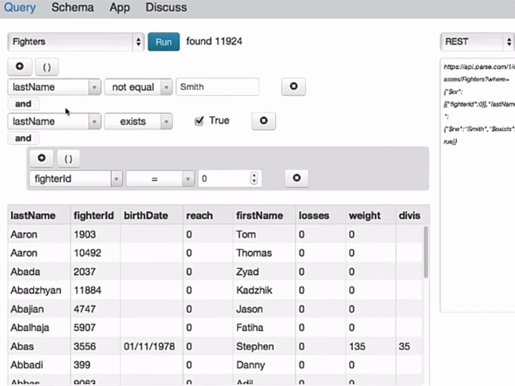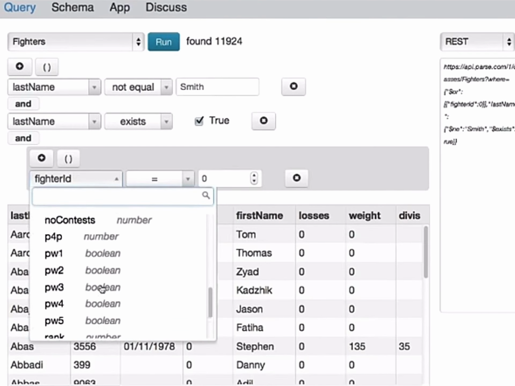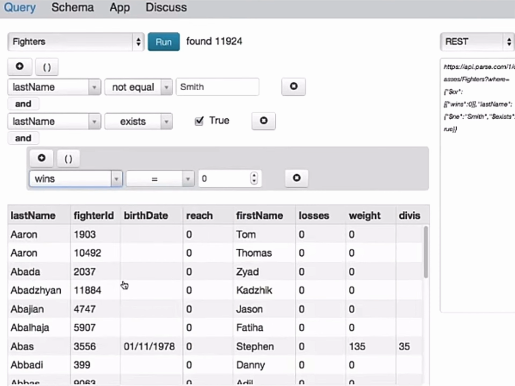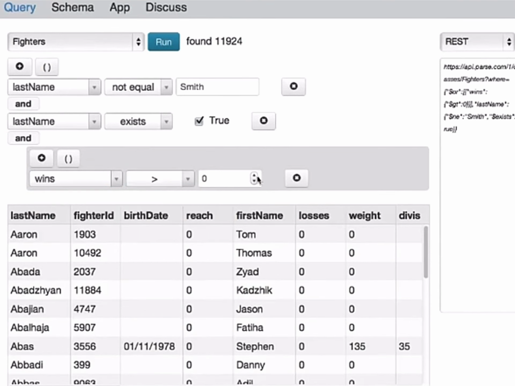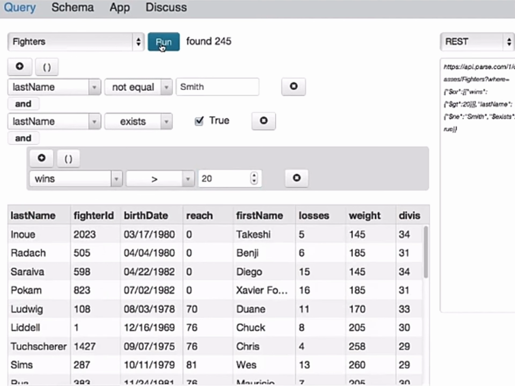And now let's try to find kind of the best performing fighters. So we might want to look at wins and say, let's find all fighters that have greater than, say, 20 wins. This will give us guys who are pretty good. Okay, now we're down to 245, but we also want to have a chance to get some of the young